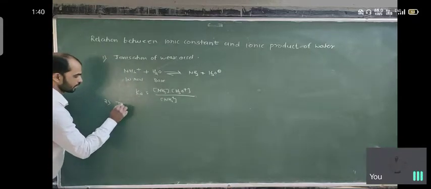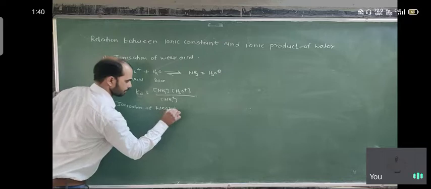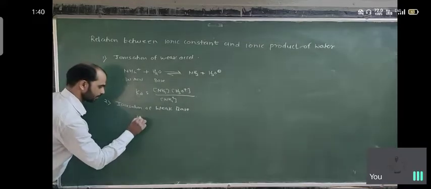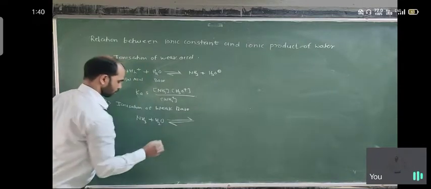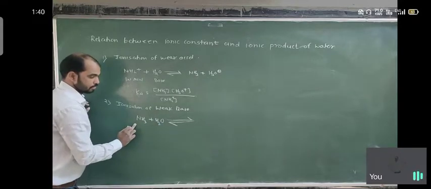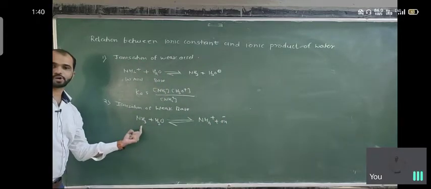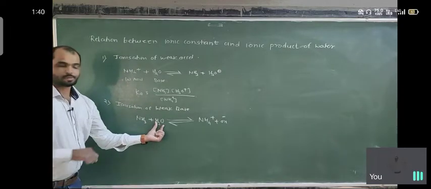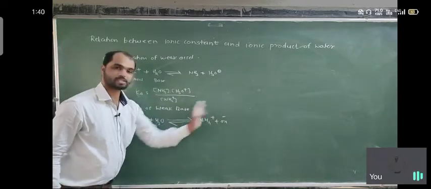Second, we consider the ionization of a weak base, so here a weak acid acts as a weak base. Here we consider NH3 plus H2O. In this reaction NH3 is the base and water is the acid, so water donates the H plus. After that it converts into NH4 plus and what remains is OH minus. माने याला प्रोटॉन डोनेट केला, याचा NH3 चा NH4 झाला म्हणून पॉझिटिव्ह चार्ज आला, त्याच्यावर याचा एक प्रोटॉन लॉस झाला, म्हणून याच्यावरती निगेटिव्ह चार्ज आला. फायनली बोथ आर न्यूट्रल. इथं सगळी न्यूट्रल कंडिशन होती, इथं पण न्यूट्रल कंडिशन आहे, प्लस मायनस न्यूट्रल होऊन जातो.